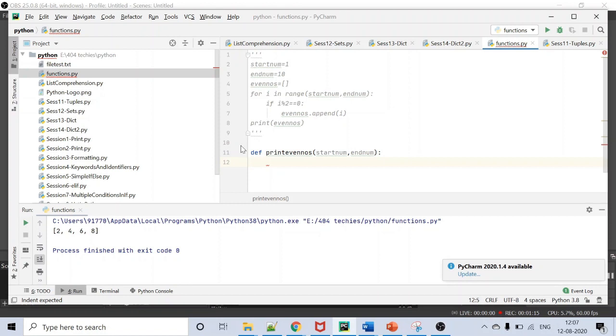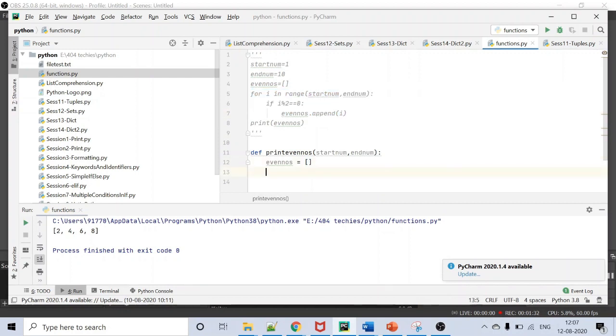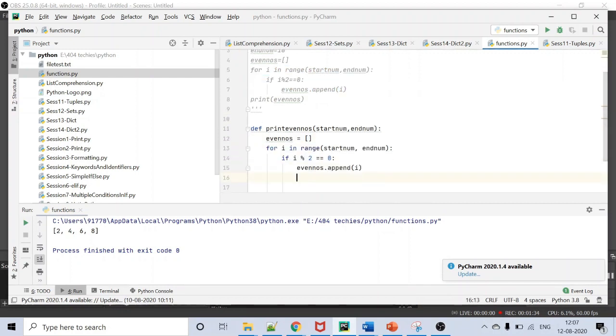See, after pressing enter, my cursor is placed after an indentation. That is the required syntax. Here I am creating an empty list and writing this piece of code. Once the for loop completes, I'm going to return that list. So return even numbers.